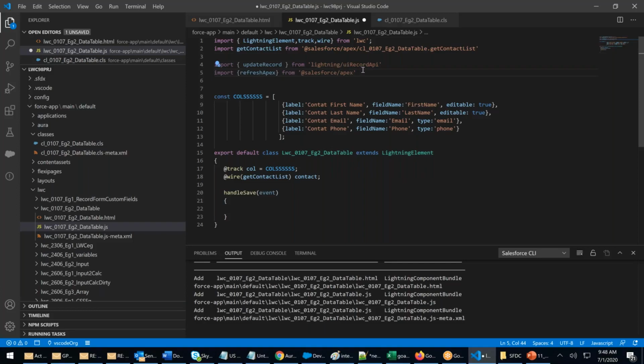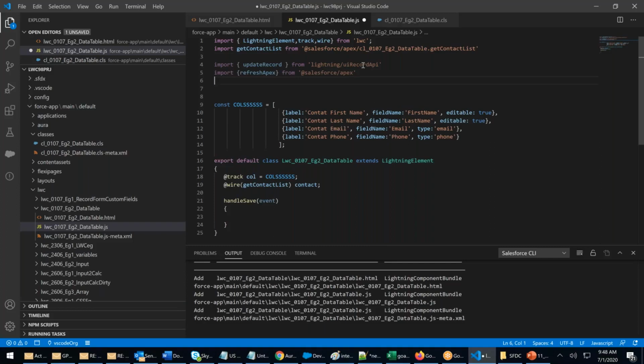I want a toast message, a message to be displayed. If you don't want it, don't include it. If you want a normal alert, take a normal alert. No, I want a toast message, a message which comes and goes away. Then again import what? There is a function available called ShowToastEvent. From